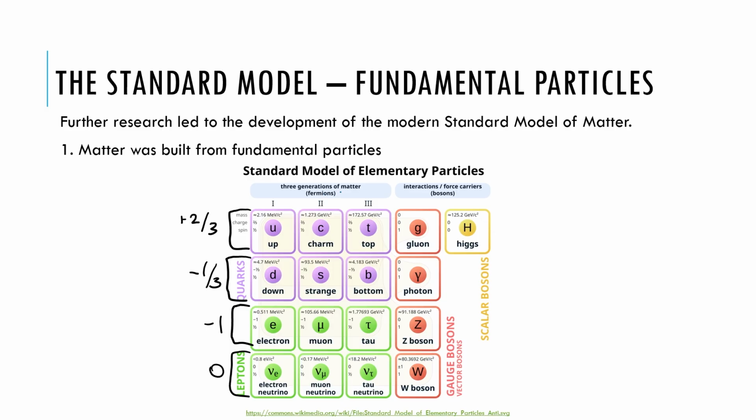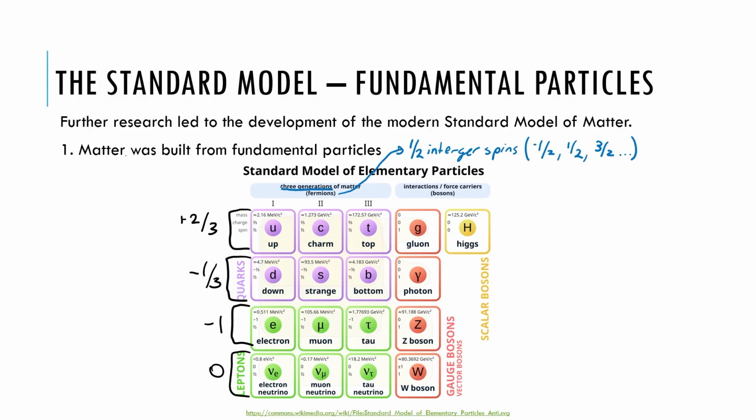All of these particles, the quarks and the leptons, are referred to as fermions, and they all have half-integer spins. These spins can be positive or negative, and they can be bigger than half or -half as well. You'll also note that in this diagram there are 3 columns. They're referred to as generations.